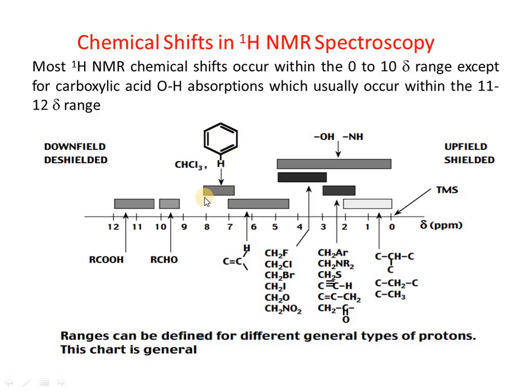and the hydrogens attached to the benzene ring, that is benzylic protons, show their signal from 6.6 to 8 ppm, and the aldehyde protons show their signal from 9 to 10, and carboxylic protons show their signal from 10 to 12 ppm. So we know in general the position of all the protons present in a molecule on the delta scale.